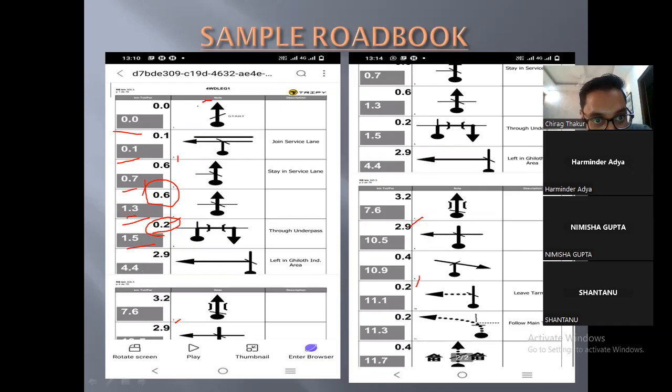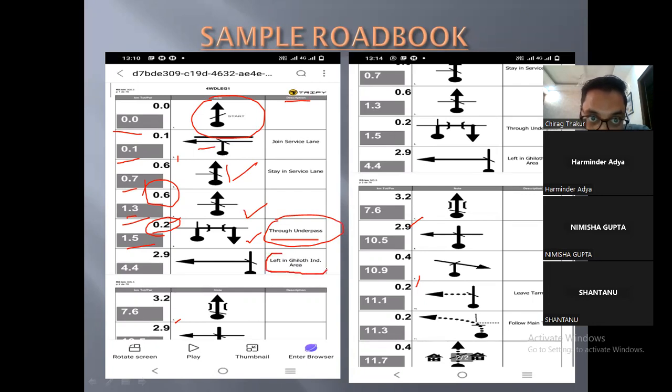Then this is the tulip sign. You have to go left here, you have to keep straight in this tulip. Then there is a 4 point, you have to keep straight in waypoint number 4. Then in waypoint number 5, you have to take a u-turn through the underpass. This is the description. The last column is the description. You need to know what description is given. You need to read the description, you need to see the odo, you need to see the image, the sign,